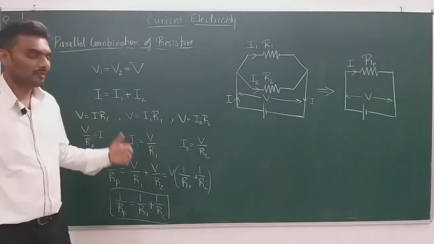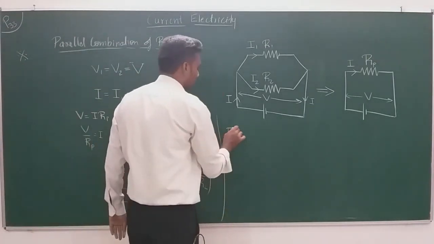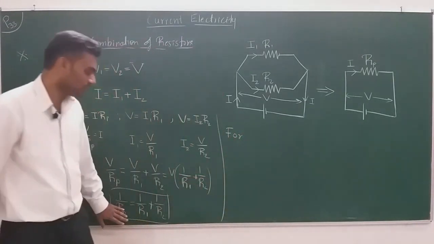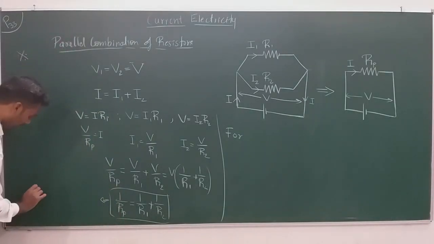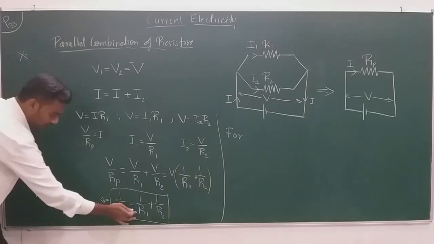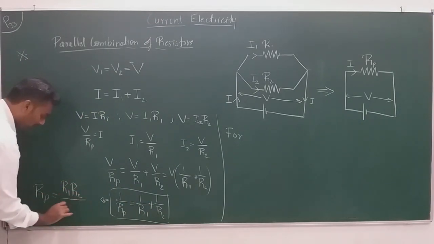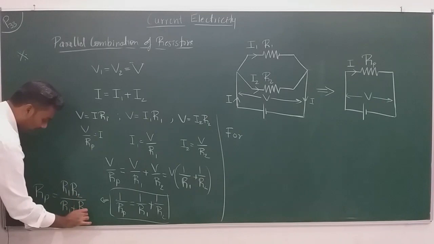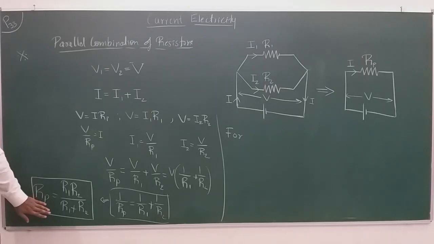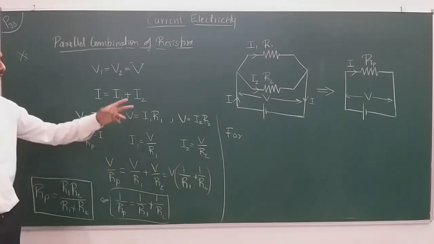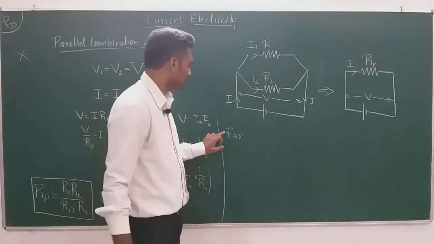I can extend the same expression for n resistors connected in parallel. And this is where the derivation stops, or else you can do one more step. You can take Rp into the numerator, and hence it becomes Rp is equal to, what is the LCM? R1 R2 divided by R1 plus R2. Okay. So this is where you can stop as far as the combination of two resistors in parallel is concerned. But the additional part of this derivation is as follows.